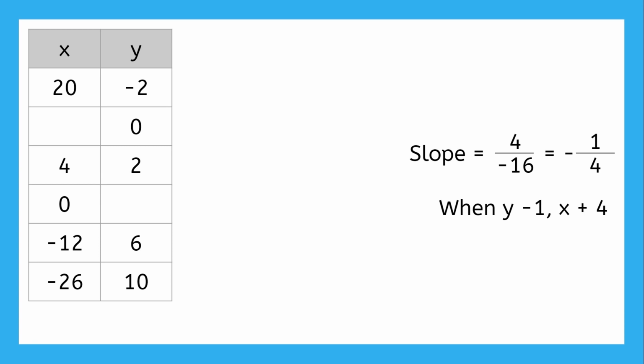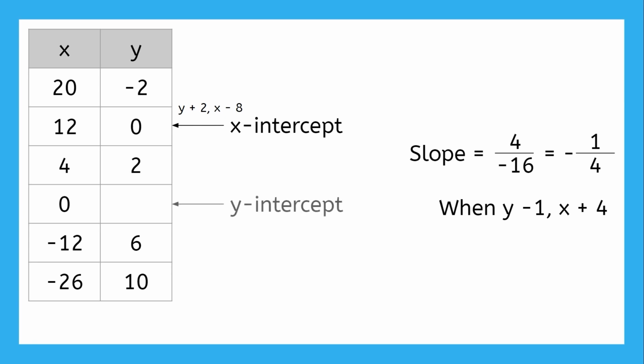So let's look at the x-intercept first, where the y is 0. To go from -2 to 0, we had to add 2 to the y. Adding 2 is like adding 1 twice. So according to the slope, we need to subtract 4 twice from the x, meaning we subtract 8. So for the y-intercept, now going from -12 to 0, means that we added 12. Since we added 4 3 times to the x, the slope says we should subtract 1 3 times from the y. So the x-intercept is 12, 0, and the y-intercept is 0, 3.